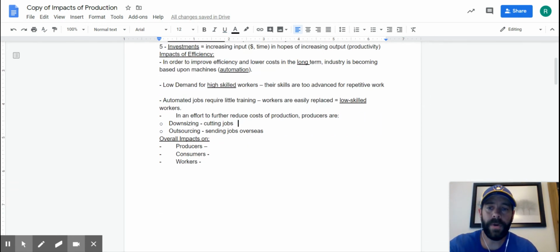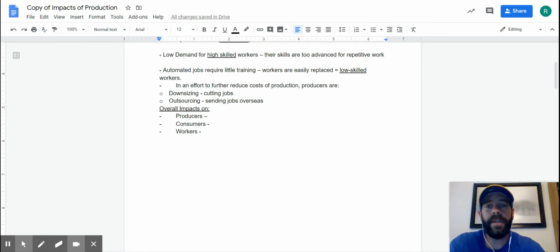To really drive that point home, to kind of maintain these reduced cost of production, producers will look for ways to downsize, which really just means they're cutting costs, but usually what that means is they're cutting jobs. Or they replace, again, that interchangeable parts part of it. You have a worker overseas where labor costs are going to be much lower, the supply of labor would be much higher, and the government regulations would be lower, that it's going to be more efficient to produce over there, even given the shipping cost of sending things back.